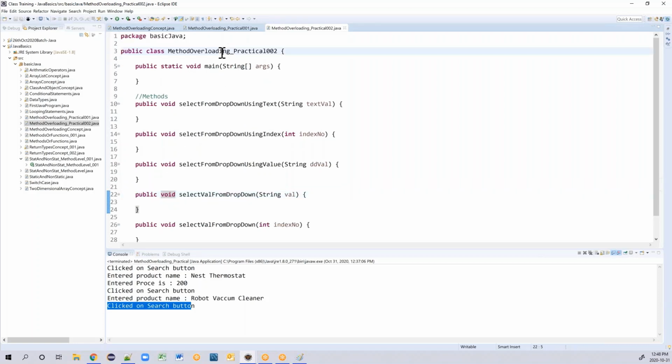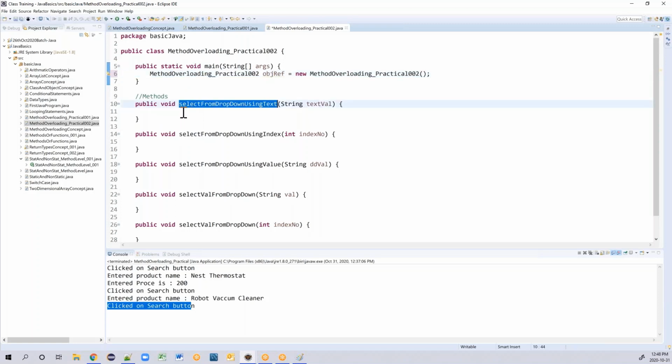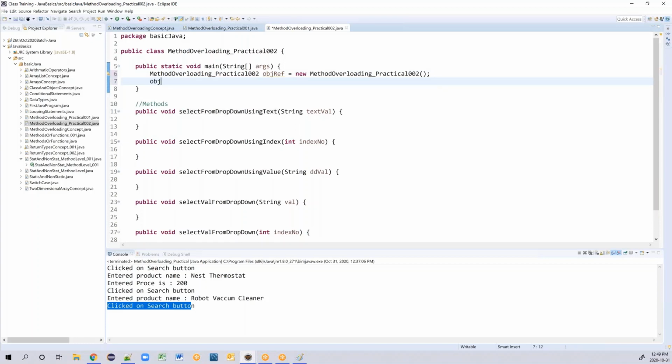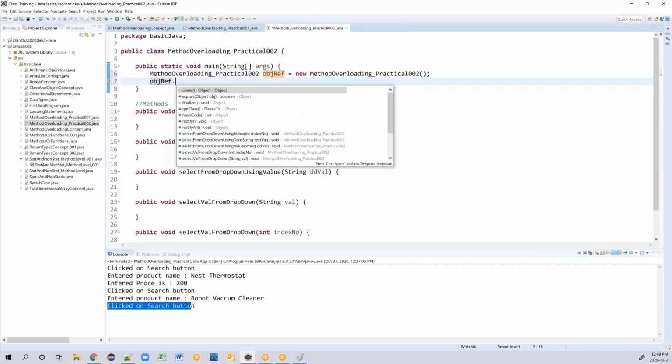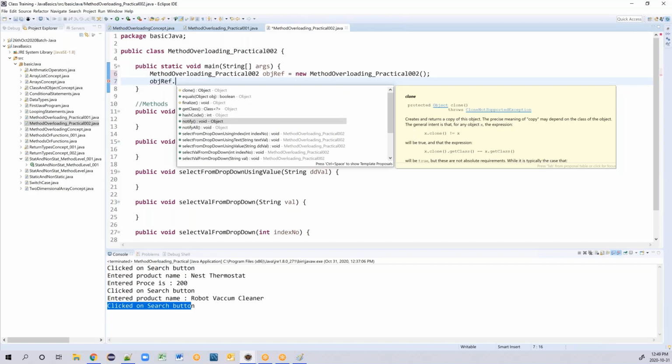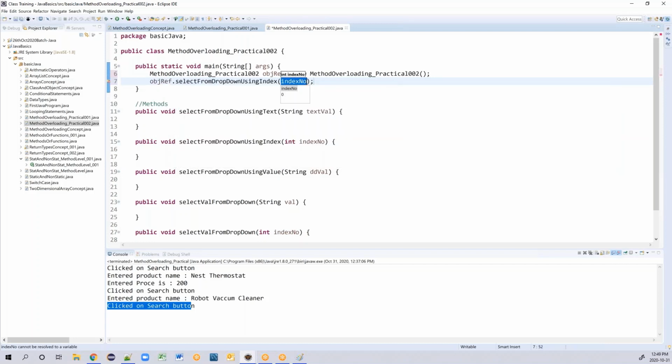Let me try it here with the same examples. Object reference equals new this one. Now if you see, object reference dot, and there it is. Suppose I'm passing index as 1.